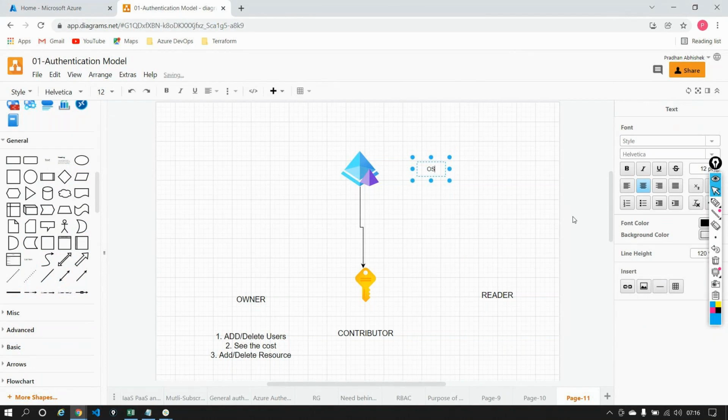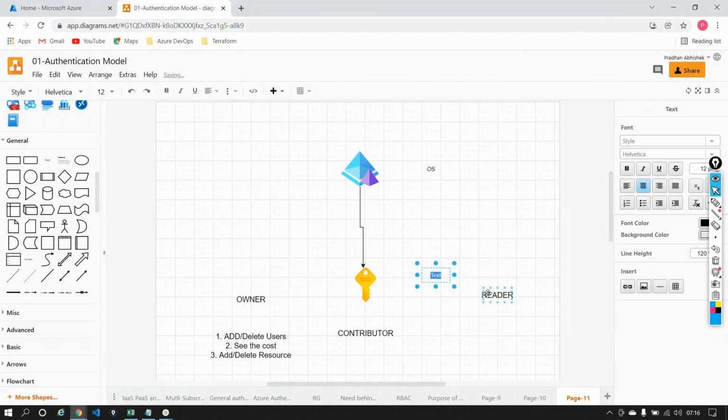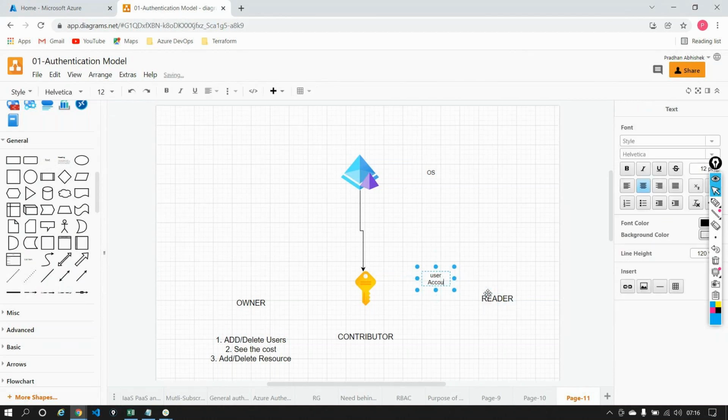The subscription here is the user account. Meaning as and when you switch on your laptop, there are multiple accounts. You can log into any of the accounts by giving a password. And based upon what kind of account it is, whether it's an administrative account or another account, you'll have such kind of permissions. Now the question is that you have a lot of data, you have the operating system, you have a user account.